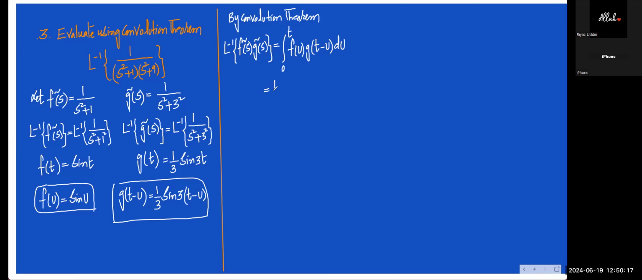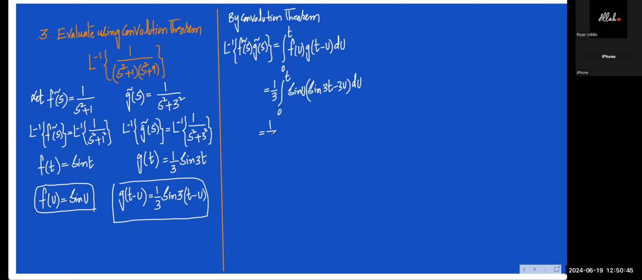Tell me, ये 1 by 3 को आउटसाइड लिख, f of u is sin u, 0 to t, this is sin u, minus sin 3t minus 3u into du. ये 1 by 3 मैं पहले ही बाहर निकाल, इसमें भी वही काम करना है आपको,